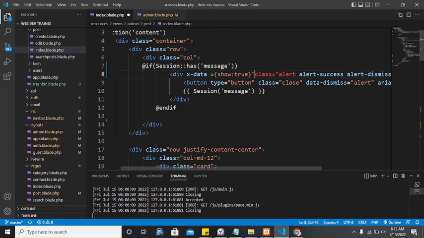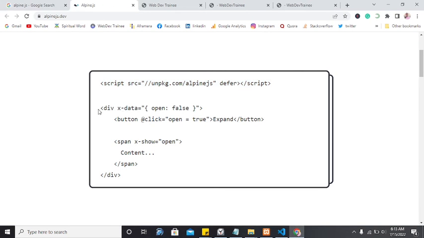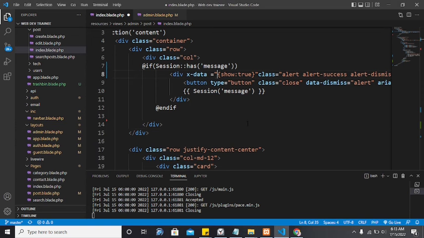Now this one should be within quotation marks. So remember, as I had shown you, you can have x-data open false, and then whichever part that you want to implement. So here we are using the x-data, and then we are saying show true, and then here we'll have